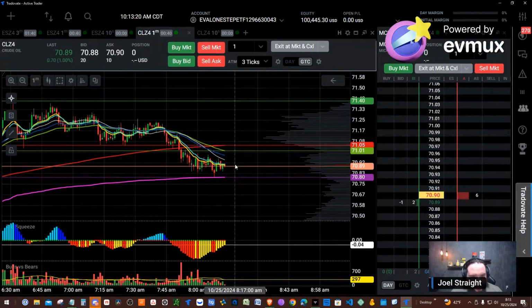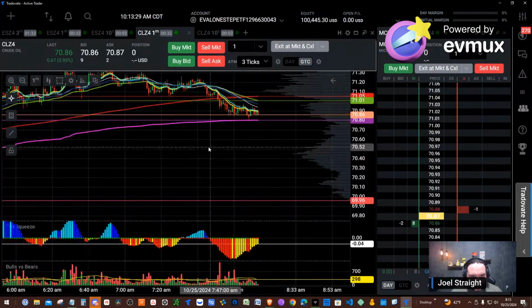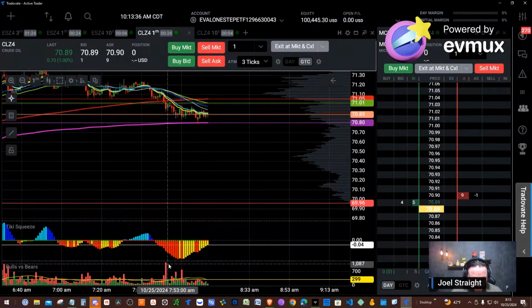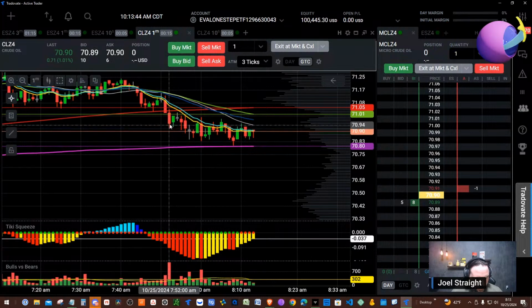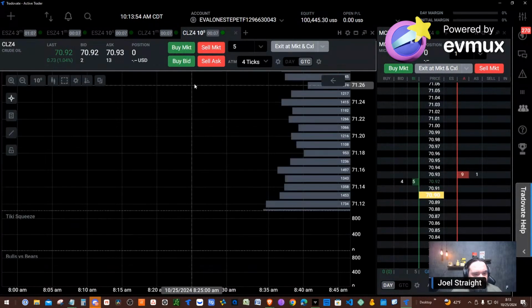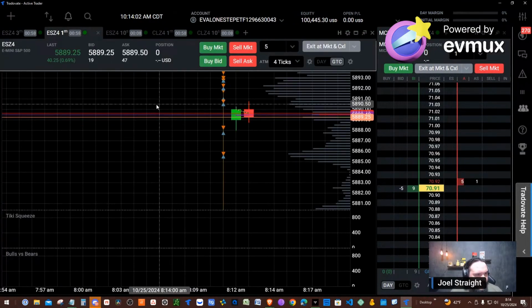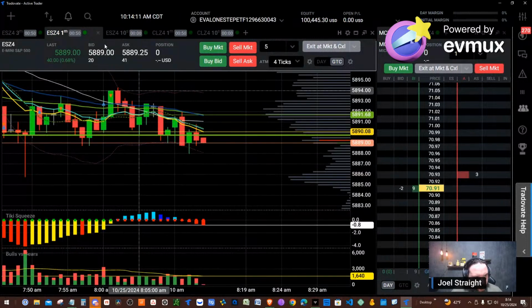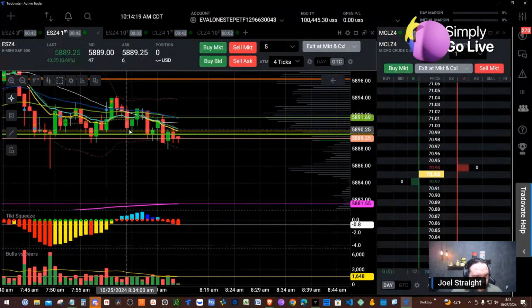Oil is setting up for a downward move. Oil looks like it could actually sell off. There was actually a massive amount of contracts in oil right here at 752, which was on the sell-off side. There's that TTM red on 1 minute. I think we have room down to like 88, maybe 87, but